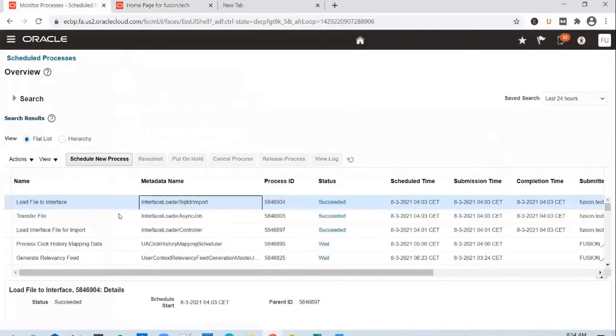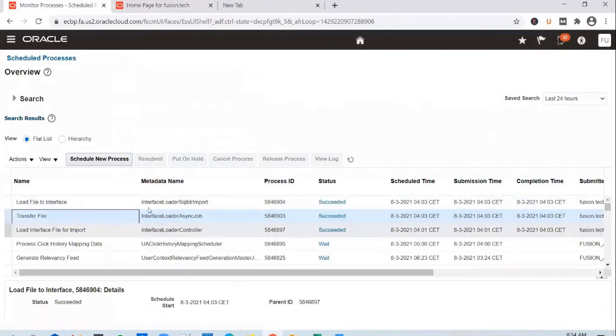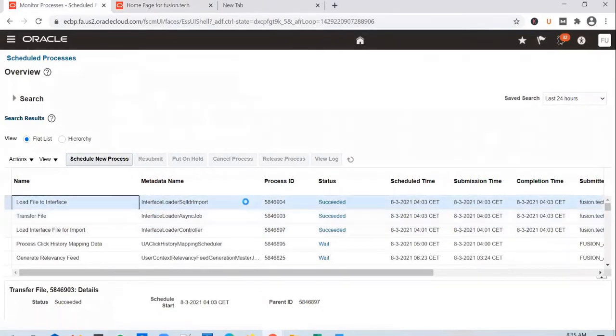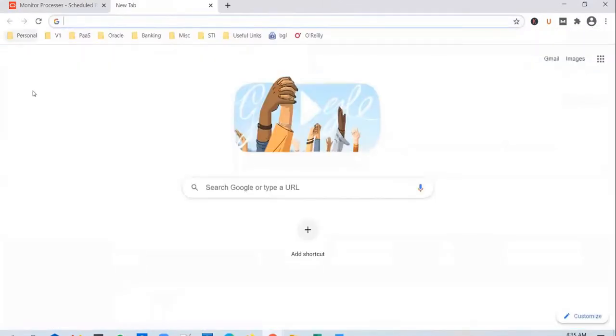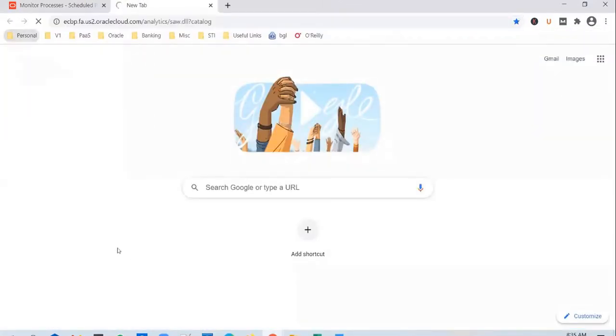I'm not particularly sure, but yeah, that's what happens. This internally kicks off, uploads a file to UCM, and this picks it up from there and loads it into interface tables. So if you want to figure out whether the data is loaded into the interface table or not, you can go to the reports and analytics work area, and you can query the interface table. Let's say you go to